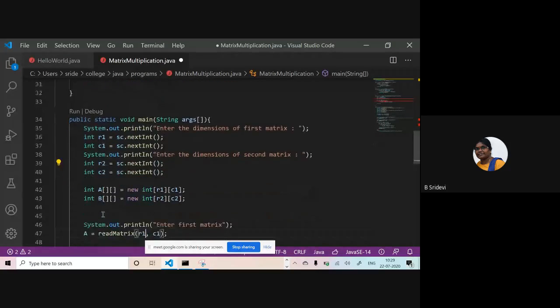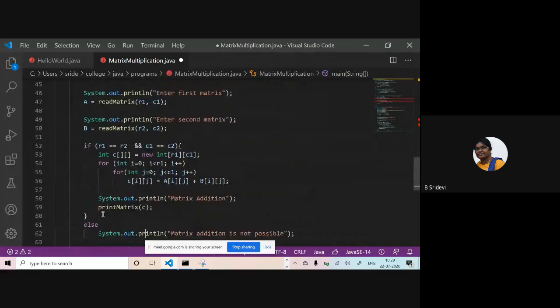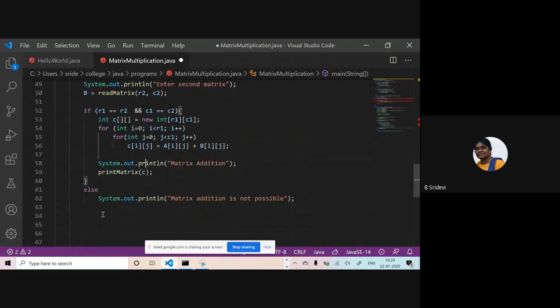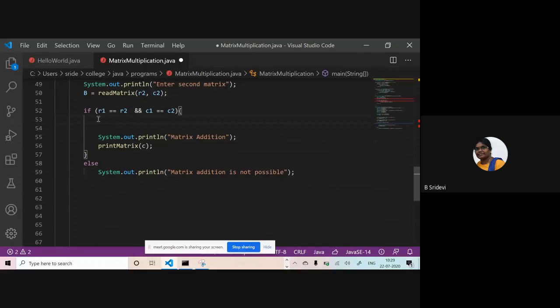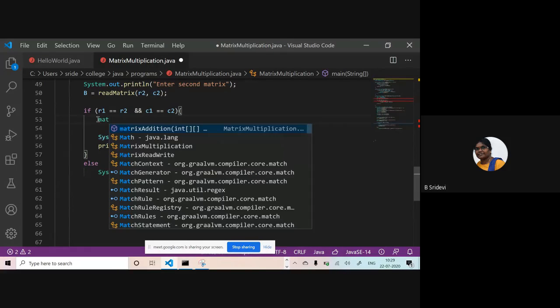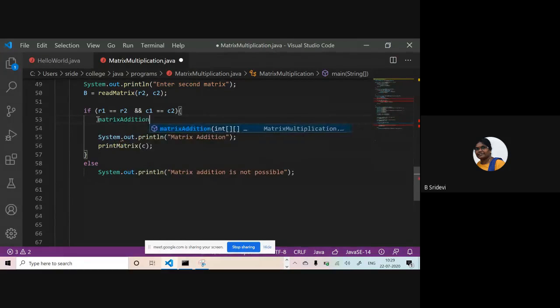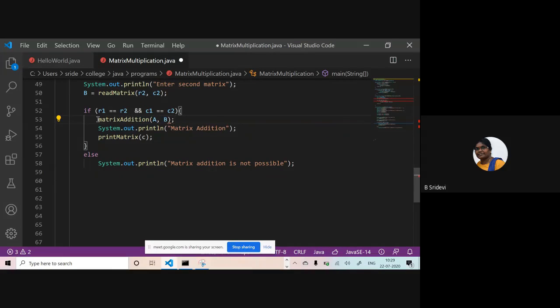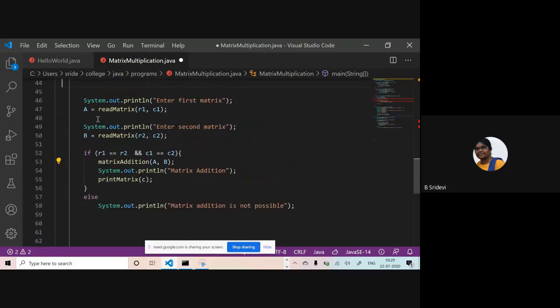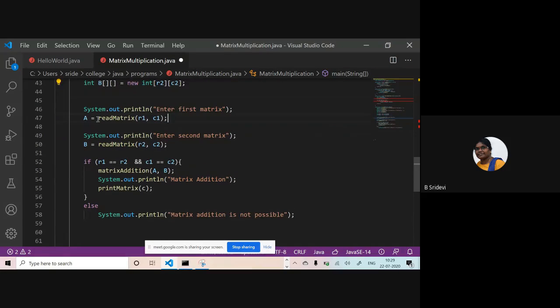Okay. So what will I do now? This is my matrix addition, no? I'm checking whether the first one and second one are compatible or not. And here I am calling matrix addition of A comma B. See now how simple my main is looking. I am reading the first matrix and second matrix with the help of methods.